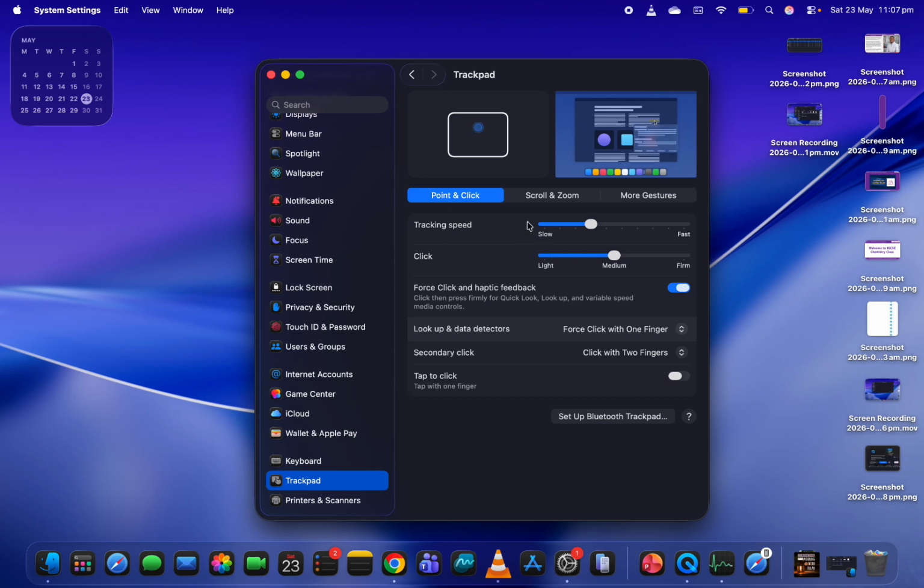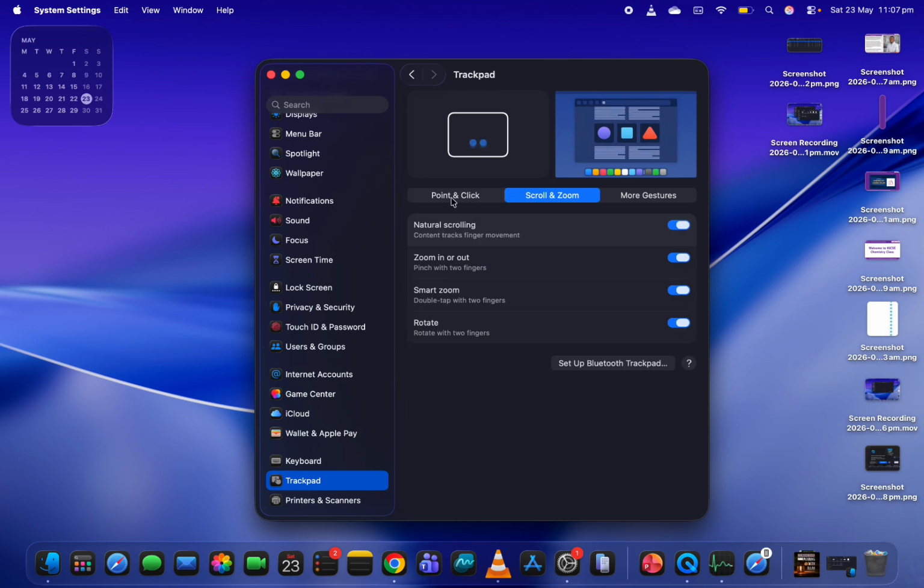Now in your point and click, you can see the track speed. You can reduce it the way you want. You have the click, and then you can make it medium or firm, and you have force click and haptic feedback. You leave it on, and then look up and data detectors. You could swipe with one finger, secondary click with two fingers, and then you can come here to scroll and zoom and leave your natural scrolling, zoom in or zoom out, smart zoom or rotate